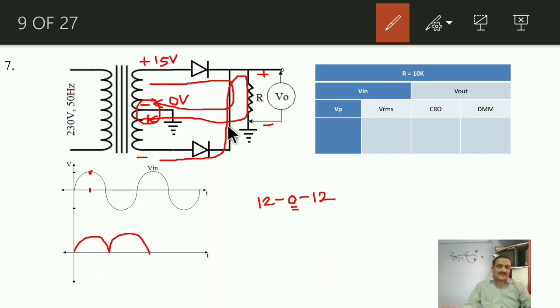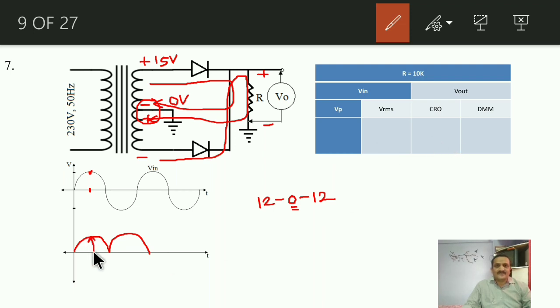Because the direction of current flowing through R is in the same direction even if the input is positive or negative, right? And we are calling it a full wave rectifier because during both half cycles we are getting the output. In the previous case, only during one half cycle we had the output, and during the remaining opposite half cycle the output remained 0, right? So again, using simulation software, consider this transformer of 12 volt. Consider here this VRMS as 12, how much will be the peak voltage, what nature of output, and how much will be the amplitude.